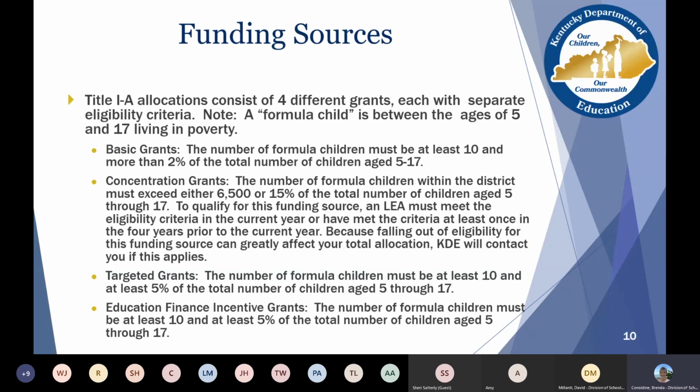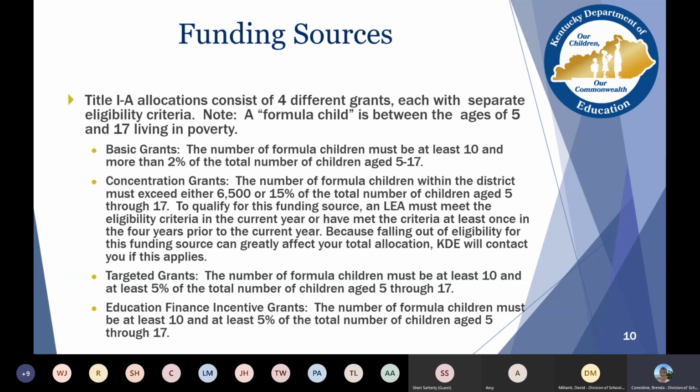So that's very interesting, in that if you do not meet it in the current year and you have at least met it once in the 4 years prior, you would still qualify for that. Falling out of eligibility for this funding source would affect your total allocation. So KDE will contact you if this applies and you were to not receive this concentration grant.